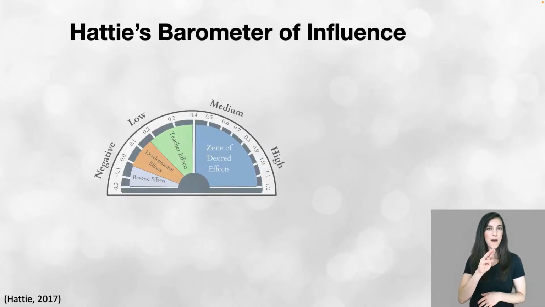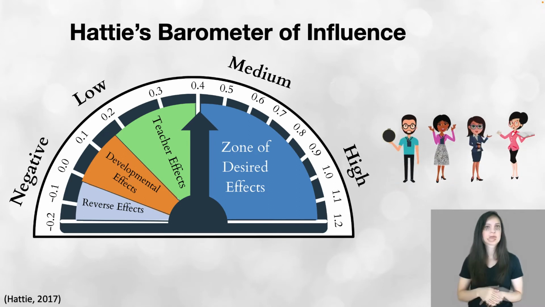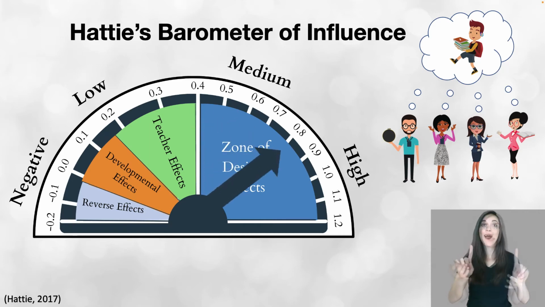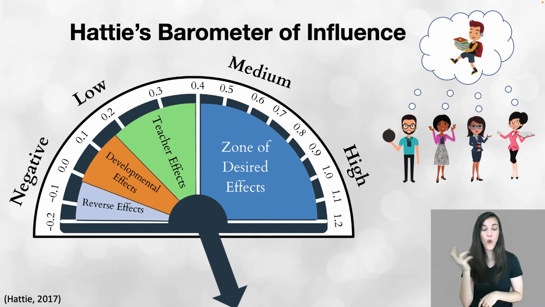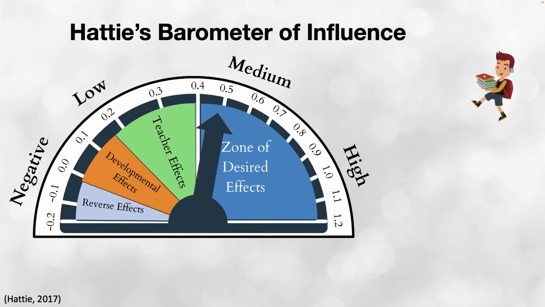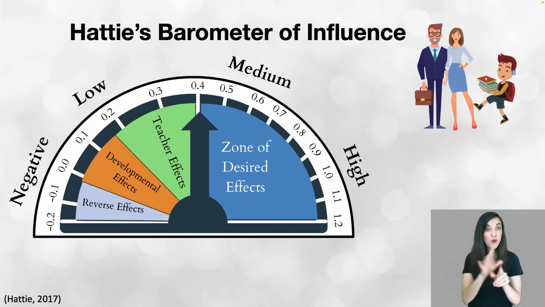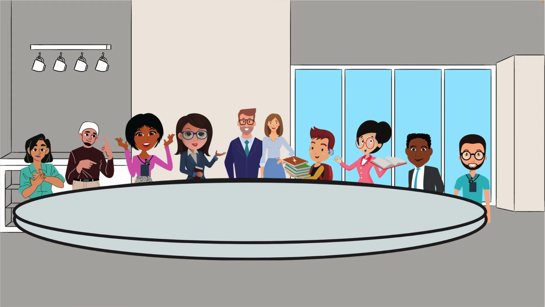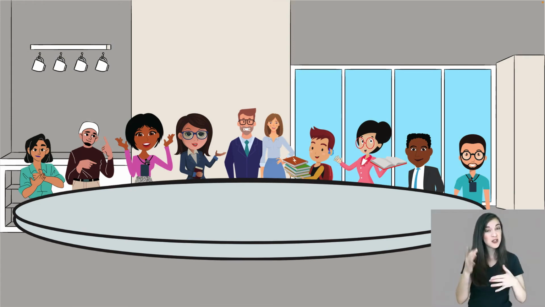According to John Hattie, in his Barometer of Influence, collective teacher efficacy is the number one most positively impacting action for affecting student outcomes with an effect size of 1.57. And parental involvement has a 0.5 effect size, which indicates positive student outcomes. Unfortunately, research also indicates that parents often feel overwhelmed and anxious at IEP meetings, and family members have reported understanding none or only some of the information presented.